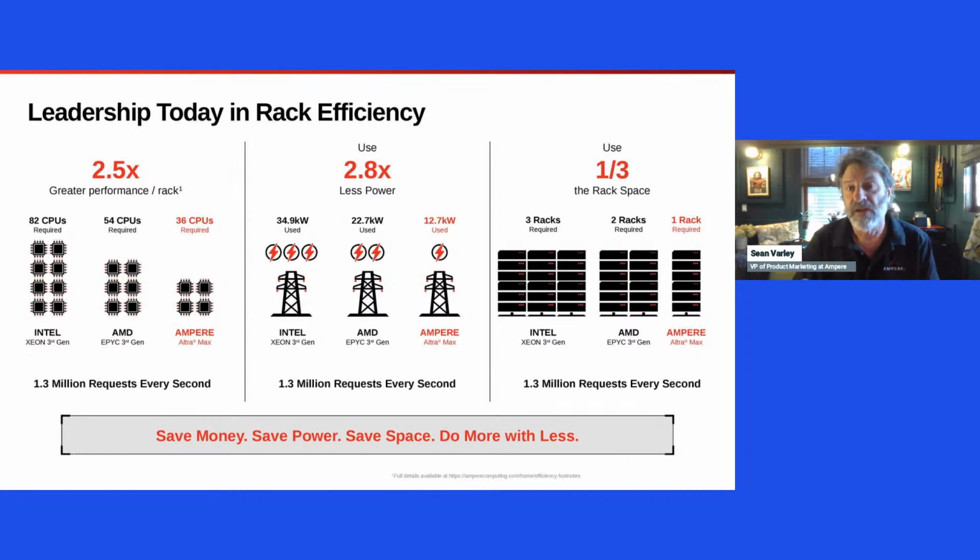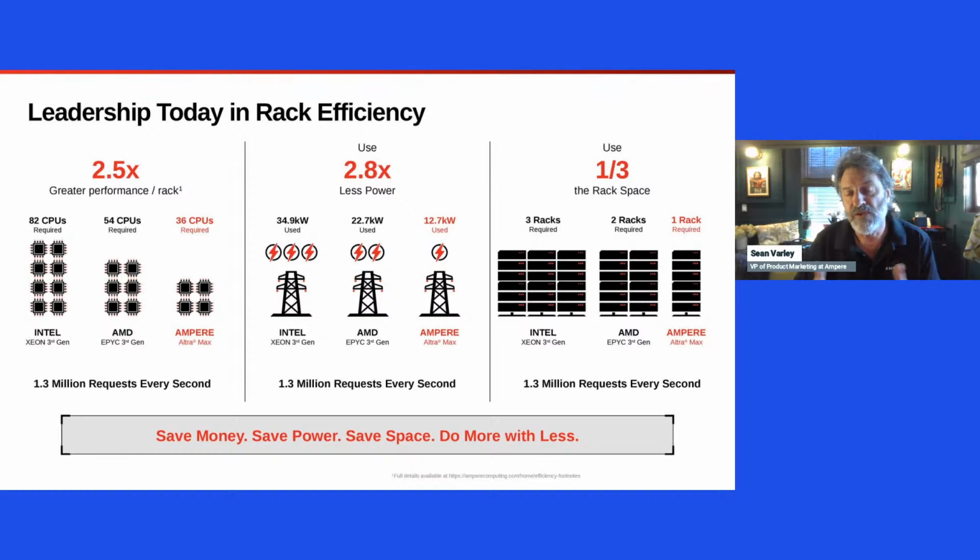But now you start to see where the power efficiency adds up in aggregation. It takes 2 racks for AMD, takes 3 racks for Intel. That is super powerful because now you're saving space. And recall, Mark talked about this earlier. Many geographies in the world today are now both power and space constrained, and they're looking for ways to make major changes without having to go to exotic cooling or build more data centers, which they can't even get permits for. So one third the space, one third the power, and essentially about 2.5 to 3 times the performance